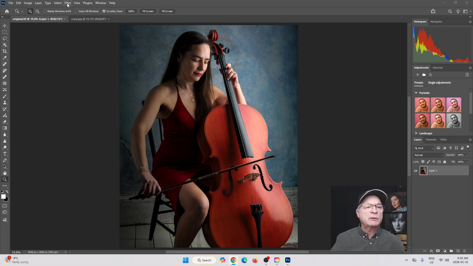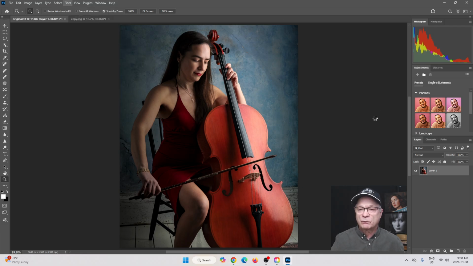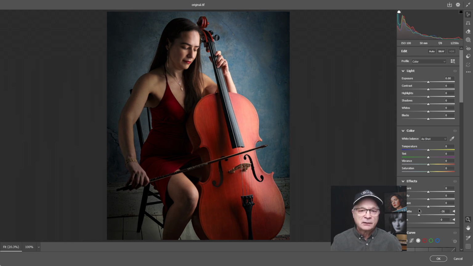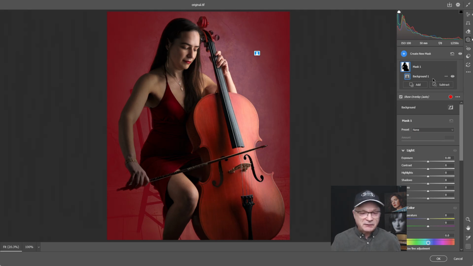So I'm going to take and throw this right over to Camera Raw. And we're going to go ahead and add just a slightly darker vignette. So I'm going to put a little bit stronger vignette on this. Okay, and that's doing that. Now it's also suggesting that I take that background and blur it out a bit. So let's go to our mask, and then we'll go to background. And it selected pretty much everything except for Chelsea and the cello.